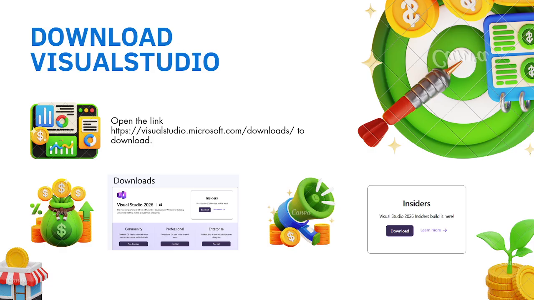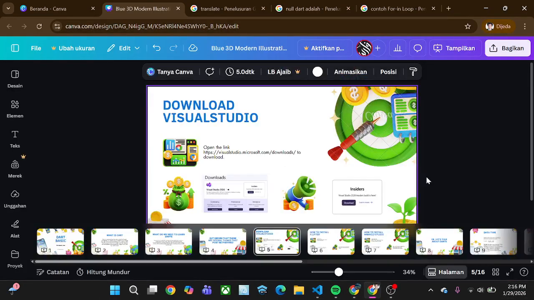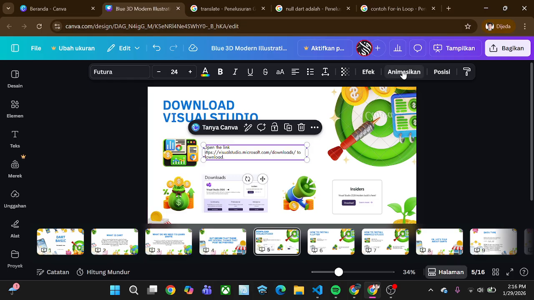Okay, so first, download Visual Studio Code. Open the link, Visual Studio.